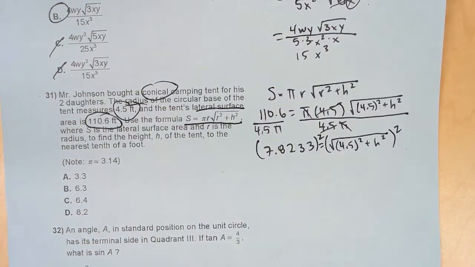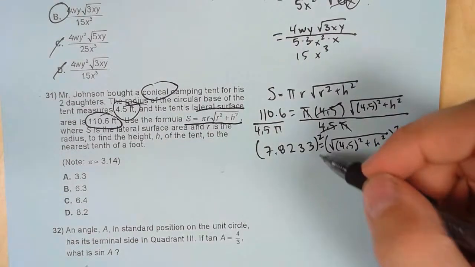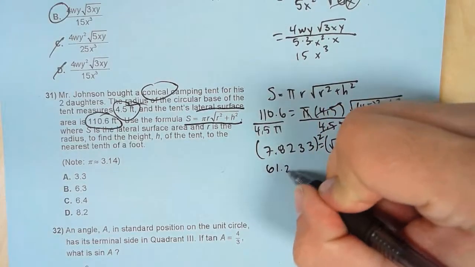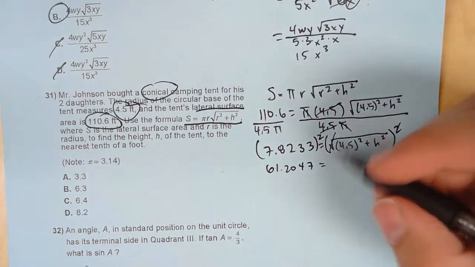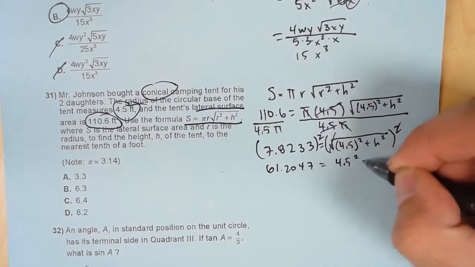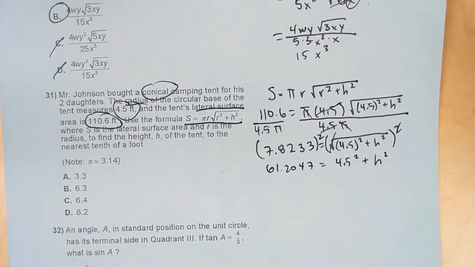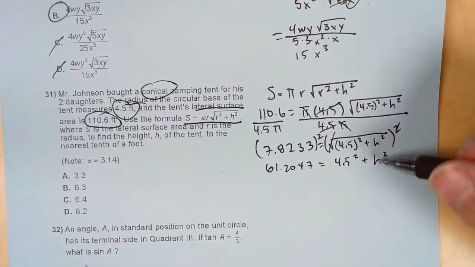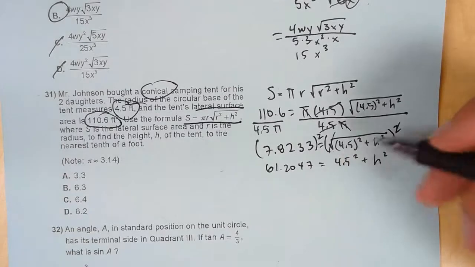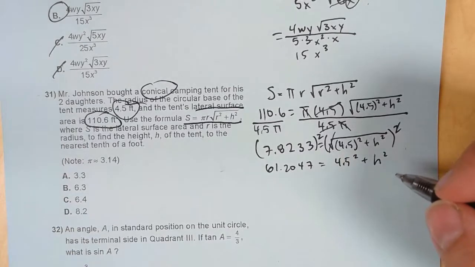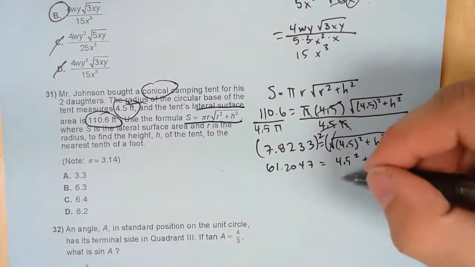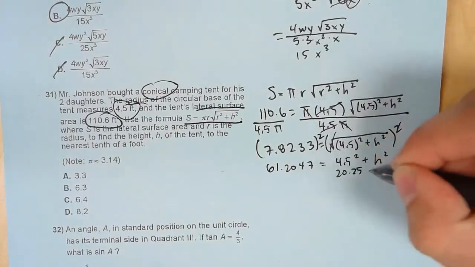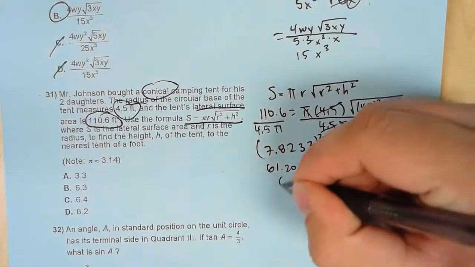So I'm going to square my 7.8233 and get 61.2047 equals, let's see, the square and the square root will cancel. We're left with 4.5 squared plus H squared. Okay, so if I'm going to solve for H, I need to get rid of this 4.5 squared. So I'm going to figure out what 4.5 squared is. That's going to be 20.25 plus H squared equals my